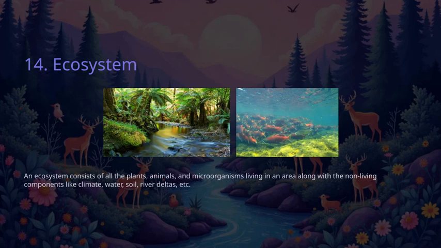Now let's talk about ecosystems. An ecosystem includes everything in a specific area, so all the plants, animals, and microorganisms that live there. But it's not just the living things, it also encompasses the non-living components, such as climate, water, soil, and even features like river deltas. These elements all interact and depend on each other, creating a delicate balance. Recognizing this interconnectedness is key to understanding how ecosystems function and why protecting them is so important for the health